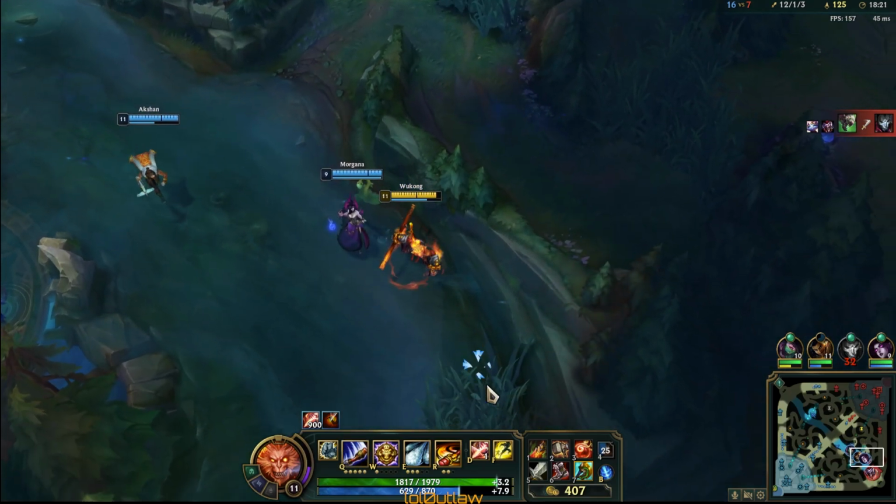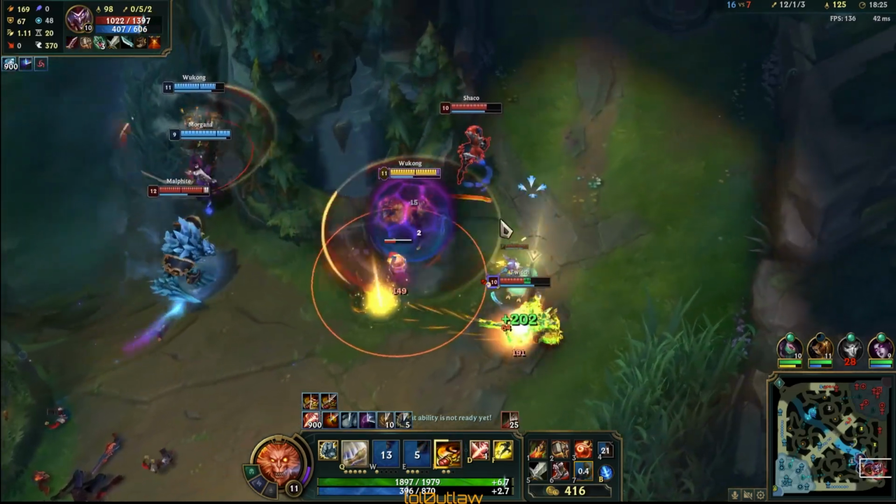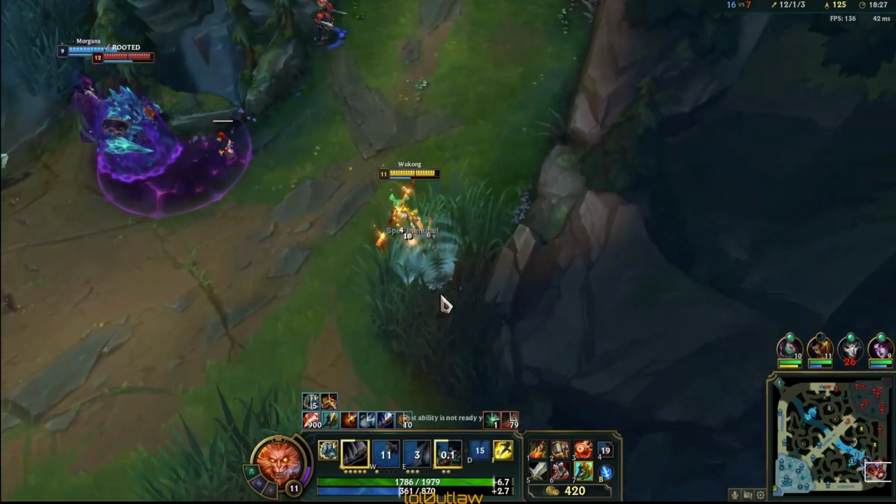Alright, so our team got picked off. I'm really strong here, though. I'm sitting on like 2 items. I can easily win this fight. Twitch likes to flash forward. Okay, so